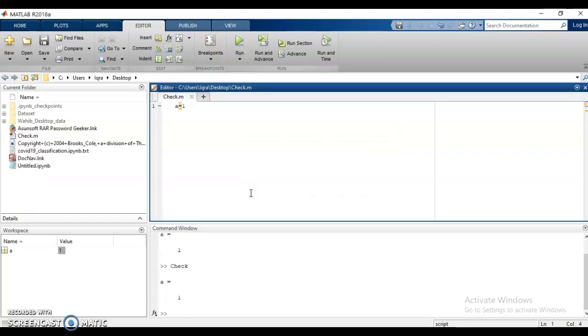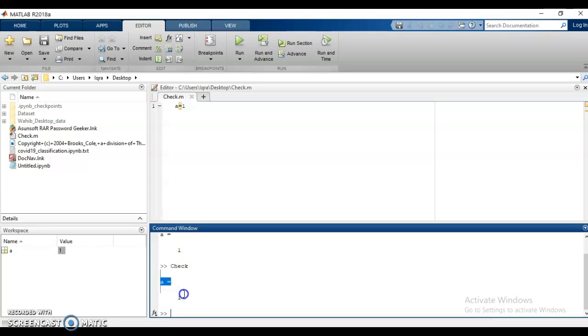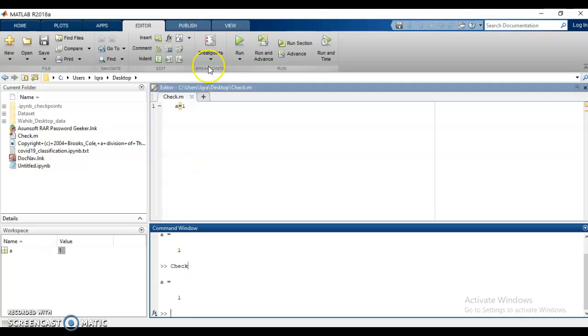We had a great discussion on why we need to add to path or change the folder. As I run it, it gives me the same execution result under the editable M file named check.